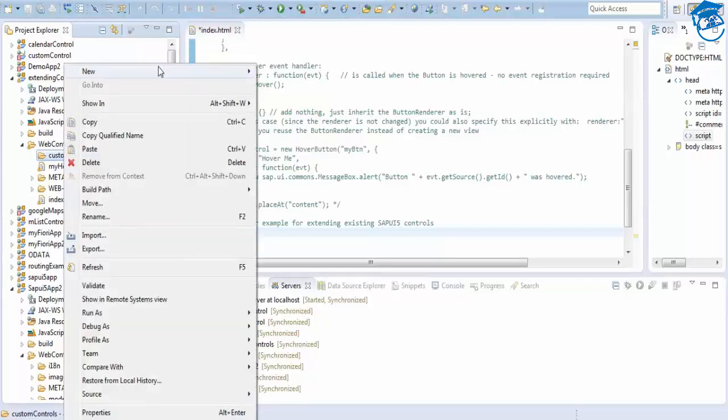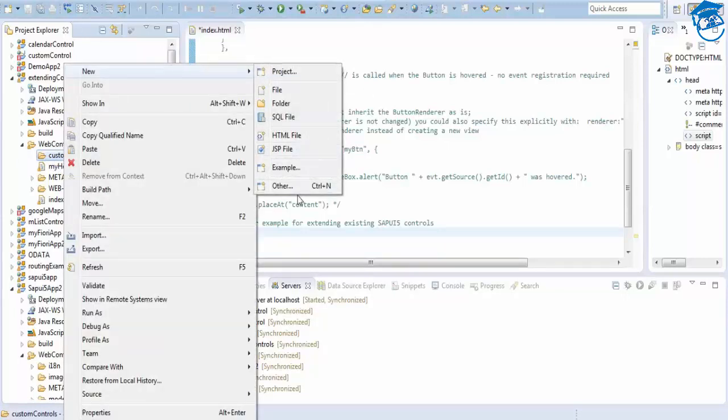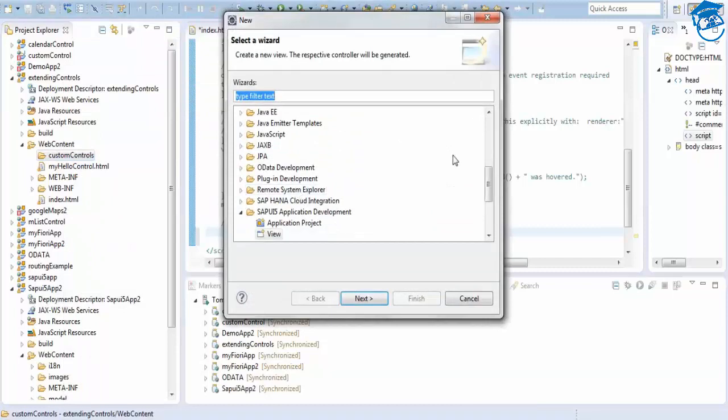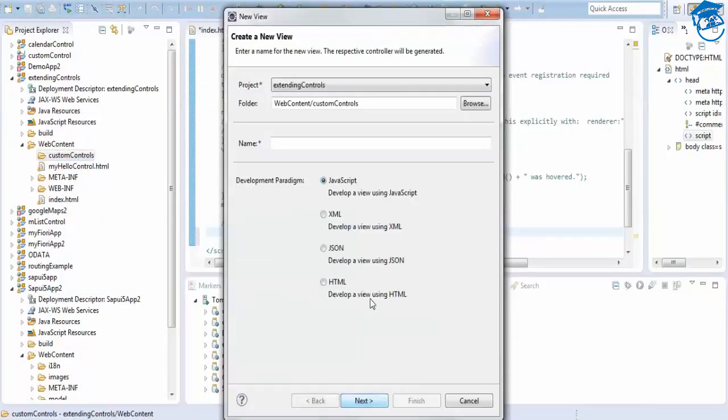How are you going to place a new view? New, other sources, and I'm going to have a view here. I'm going to take a JavaScript view, or XML, whatever you can take. I'll take a JavaScript view. So inside this JavaScript view, I'm going to place a control called extending text field.